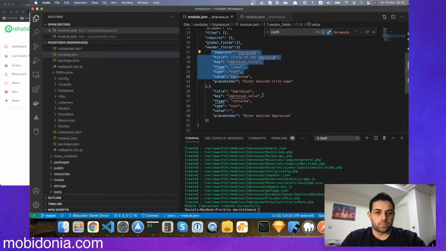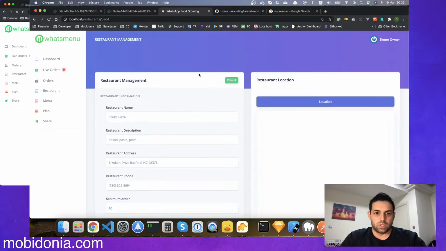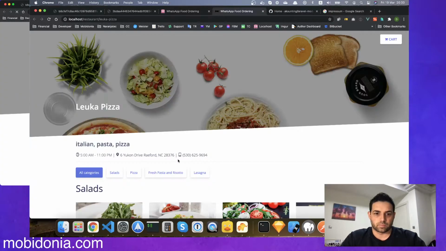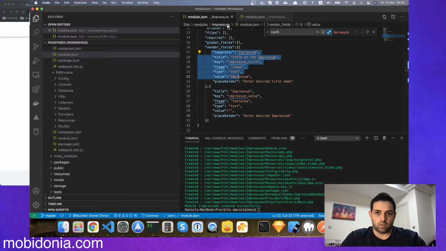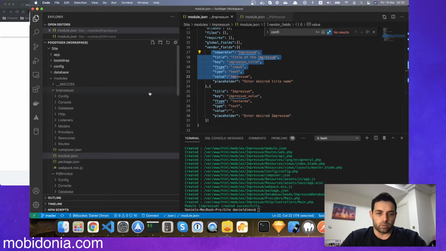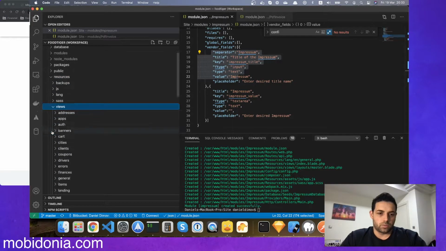So via the module, via the vendor fields, I am directly able to set up the configuration values for the restaurants, for the vendors. Okay, after that's done, we need to go to the other part and see the value here. But since this is controlled directly by the core code of the project, we need to work on it directly in the code. I'm not able to do that via the module, so I need to go to the resources, to the views,